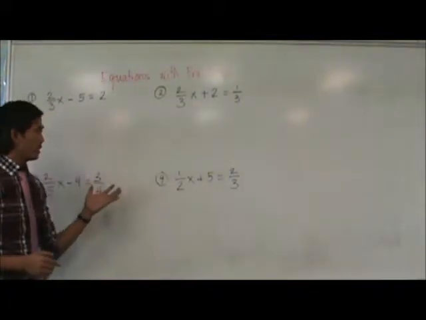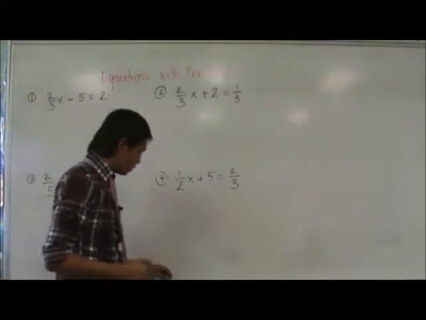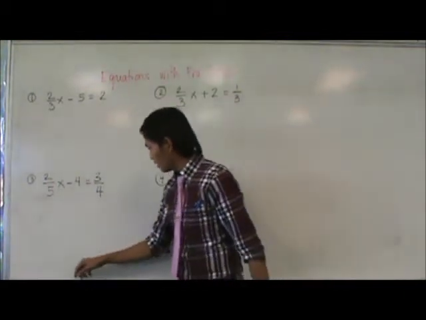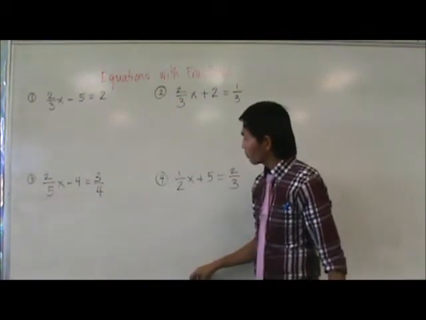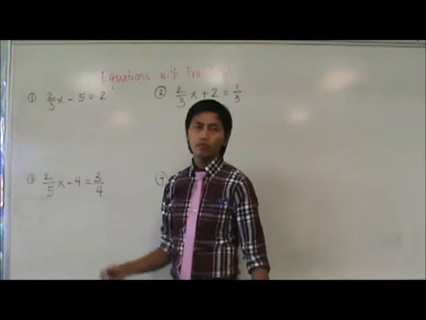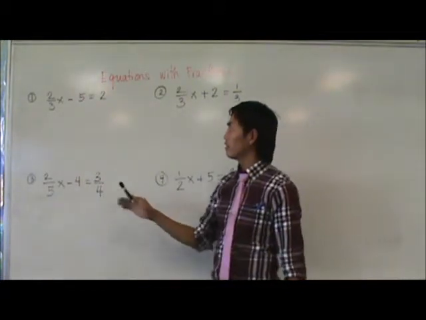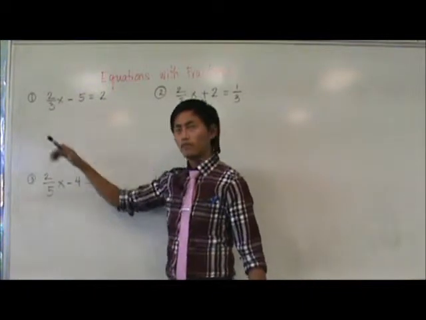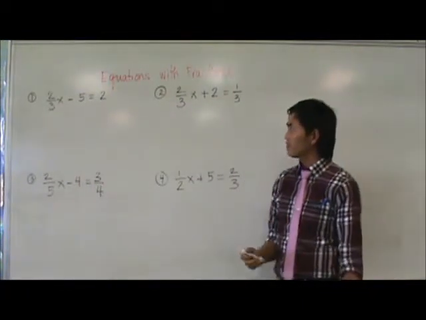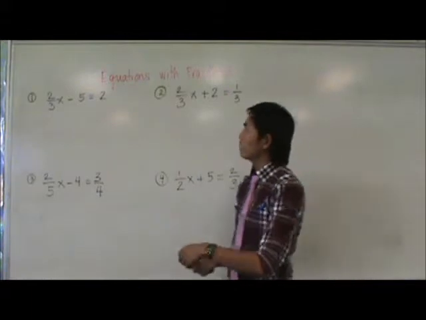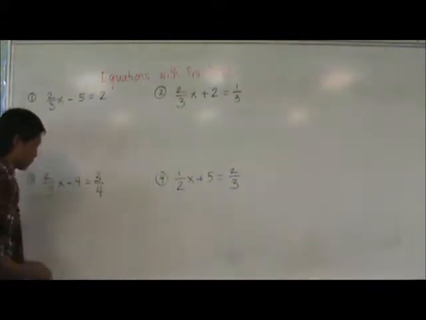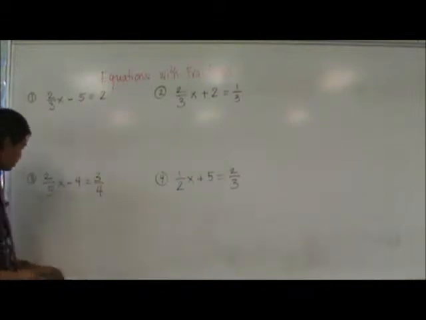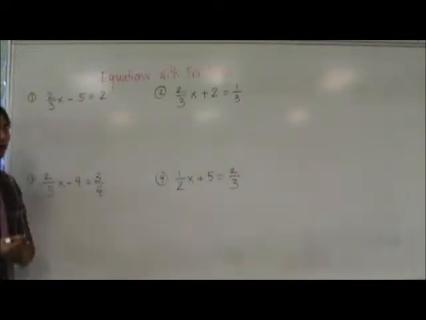This time we have four equations with fractions. To solve for x, or the given variable, the first step is to make sure that, for a fraction like 2/3, we get rid of the denominator, which is 3. So for 2/3 x minus 5 equals 2, to get rid of the denominator 3, because I hate fractions, I know you hate fractions too, I'll go ahead and